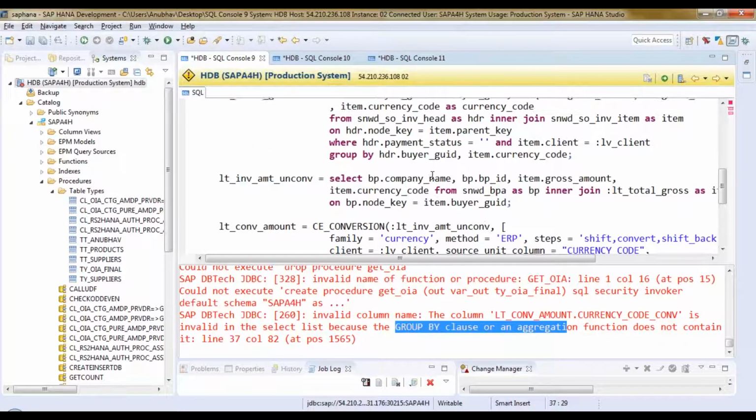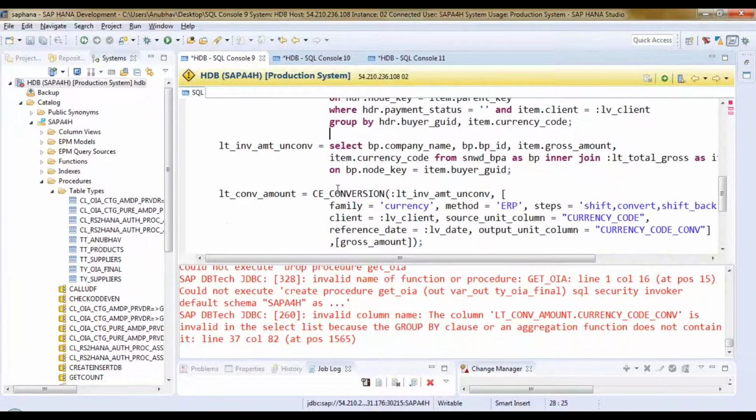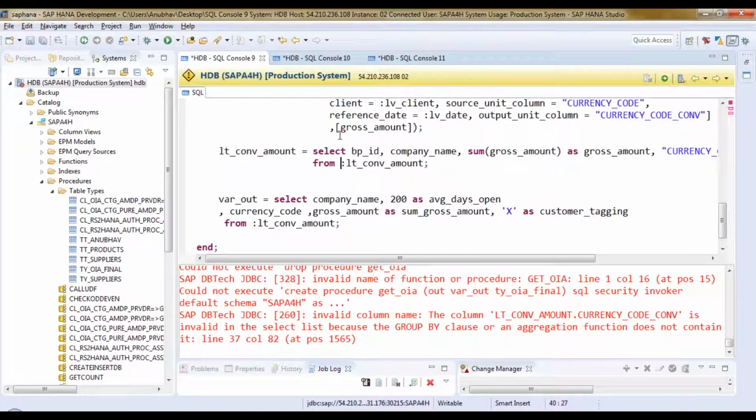So where did we do the group by? Here we did it. So we use buyer GUID. That's okay. What is the line number? 37. So there's a group by in line number 37 here. Here we have done a group by. Here we have done a summation, but we didn't apply any group by. So let's do a group by